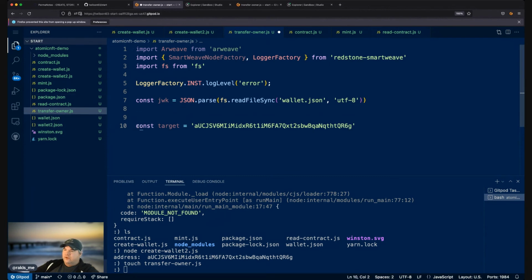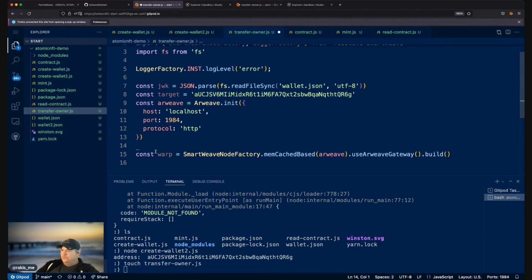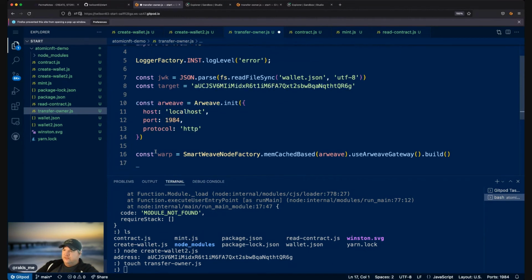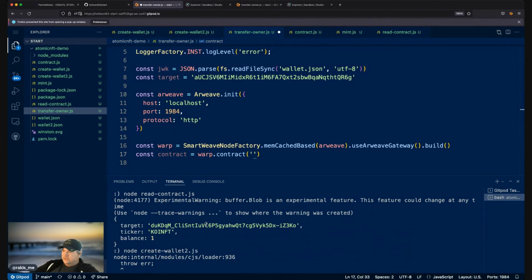And then we have our target. And then we're going to initialize Arweave and Warp, our SmartWeave contract library. So we're going to initialize those two things. And then we're going to get our contract. So we'll say const contract equals warp.contract. And we want to grab the contract that we just minted, which is,